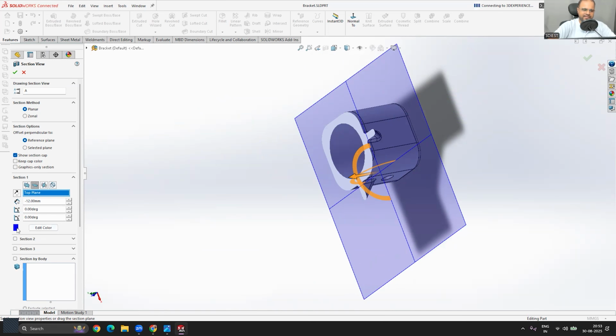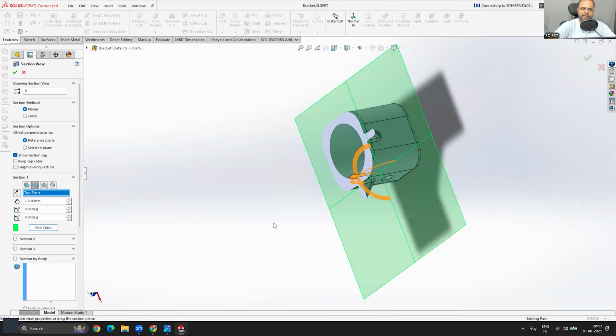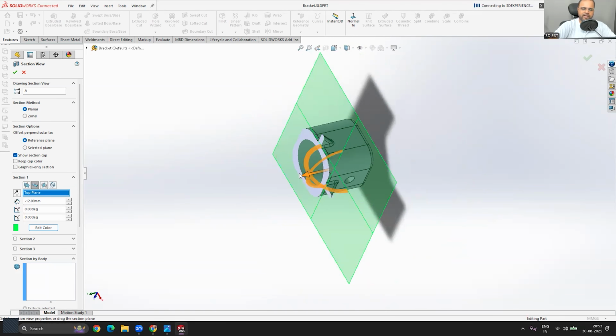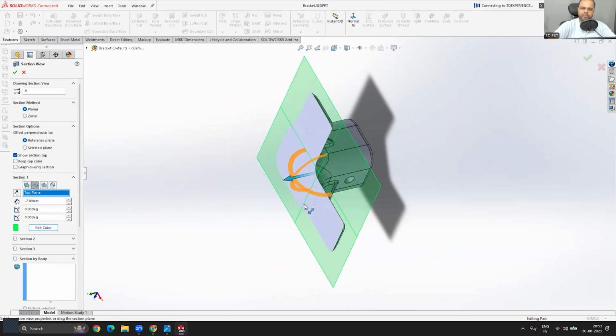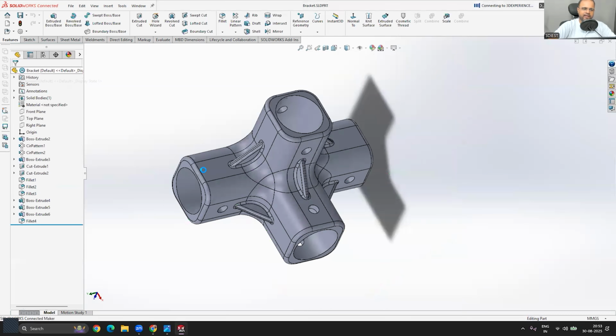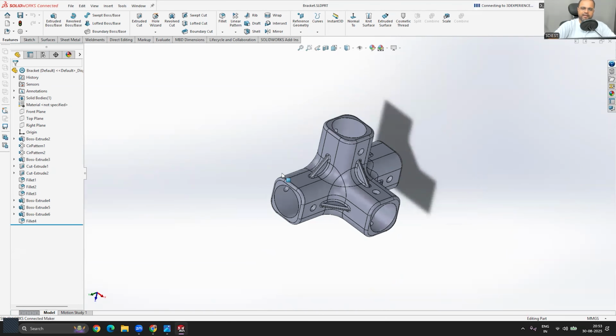We can even edit the colors. Right now it is blue, so if I want to make it green, I can make it green. But that is not going to make much effect, because the main purpose is to have a section view and to inspect your body from the inside, right? Once you are done, you can click on finish, or you can click on close. I will click on close, since I already have an idea about this body.